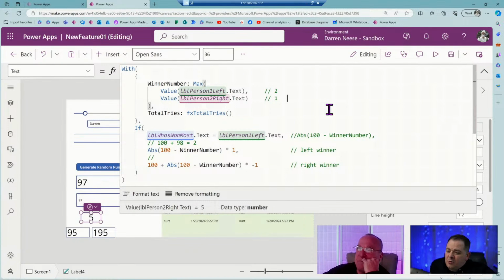Kurt, what I was thinking was, what are we going to talk about on a live stream? This is how you do a user-defined function. We could probably cover that in 10 minutes, but that's not what people come here for. They want to see what the coding experience is like in Power Apps, in the Power FX language. And this is real world, is it not? Yeah. This is the type of stuff. If you and I were sitting, we worked at the same place, we're working in an office together, this is exactly what this is going to look like, guys. This is the real world. This is what people compliment us on.